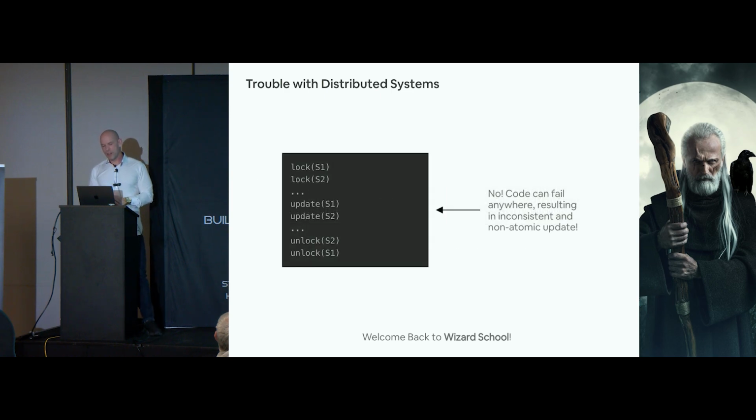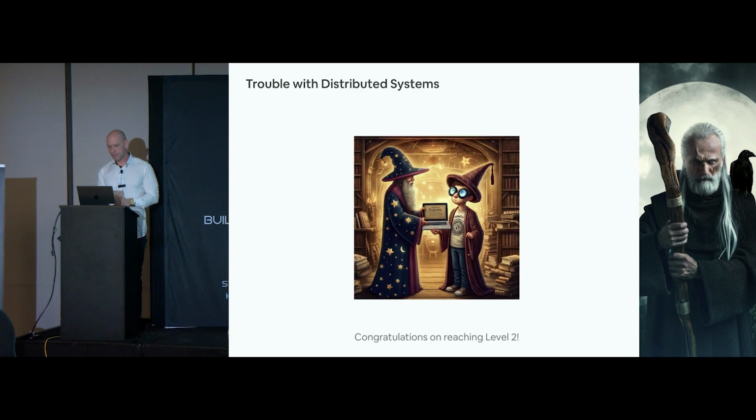And then we also have a very fundamental problem. What happens if the code that's doing all these locks, and then all the updates, and then all the unlocks, fails somewhere in the middle? The server could die, a network could go, a CPU could catch fire, all these things are valid possibilities. Then we're left in a permanently deadlocked state. That's it. Our system will never make any more progress. So this is closer, but it's still very far away from a solution to the distributed systems problem.